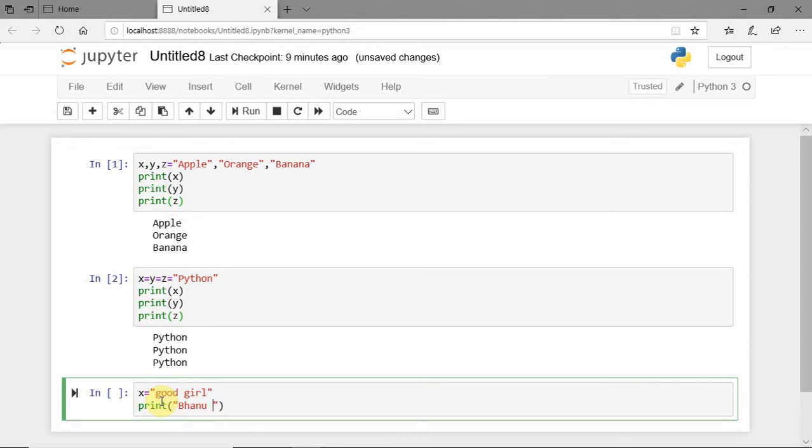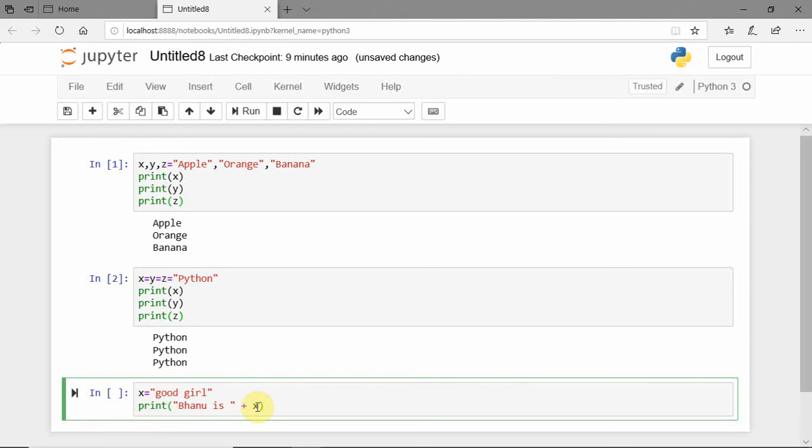So here I have taken a text. Whenever you want to combine the text and the variable, you can use the plus character. Bhanu is a good girl has to be printed, so just call the variable x. x is my variable and Bhanu is a text.